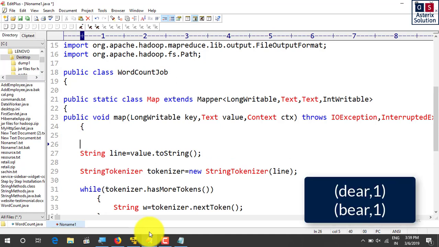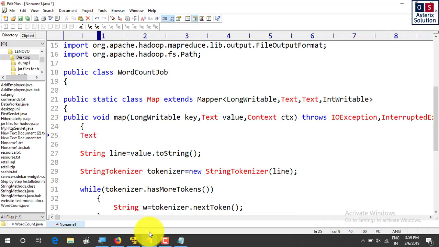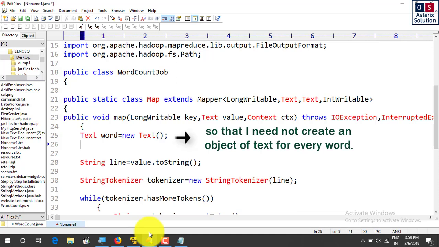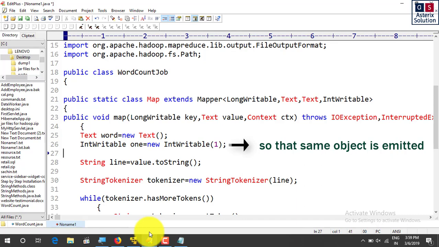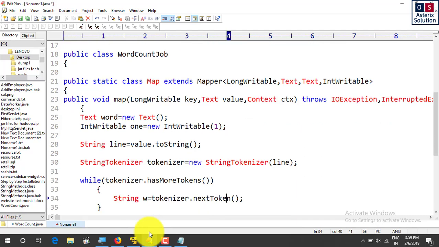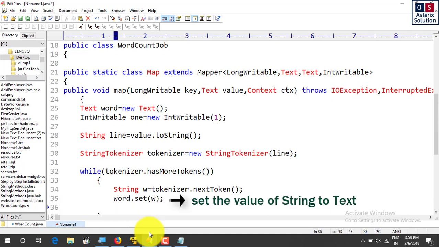So in the same way, for doing that, I'm going to write Text word is equal to new Text, that is my individual text, and IntWritable one is equal to new IntWritable of 1. So I need not make the objects again and again for every single call, rather I will do it in a single way. So now what I'll do, word.set(w), so whatever word will be set in here,